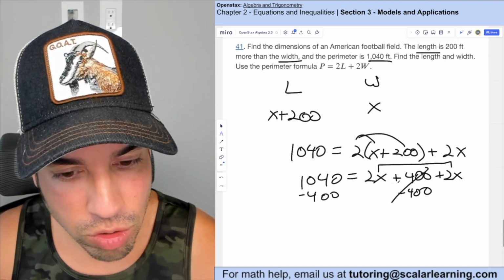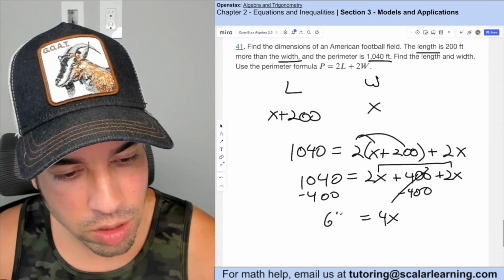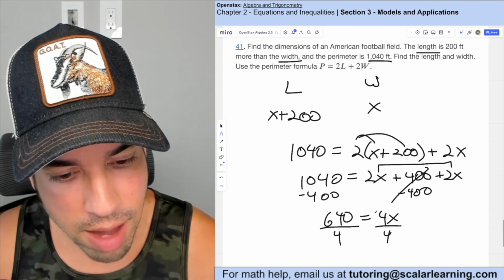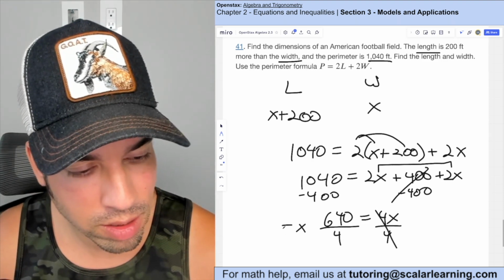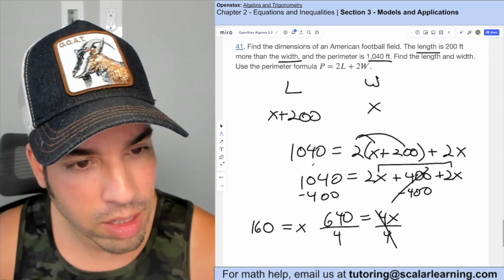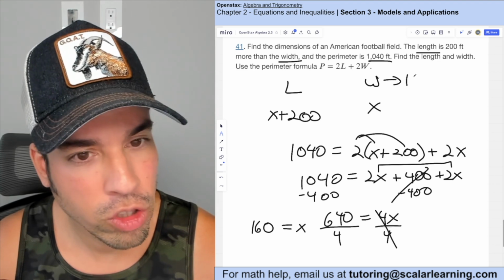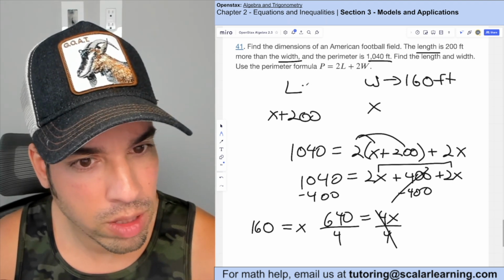So that cancels out. 2x plus 2x is 4x equals 640. Last but not least, we'll divide by 4, which is like taking half. So half of that is 320. Half of that again is 160. So we can now say, since width is x, it's a width of 160 feet and a length of 200 more than that, which is